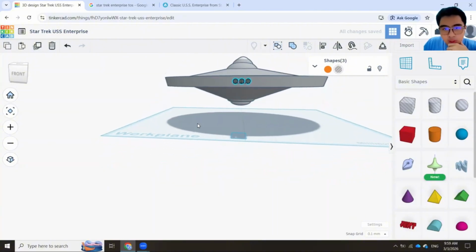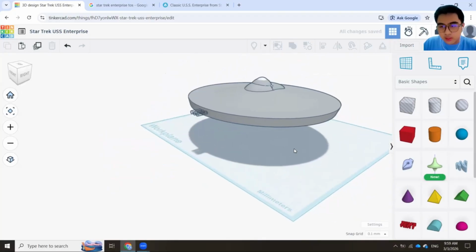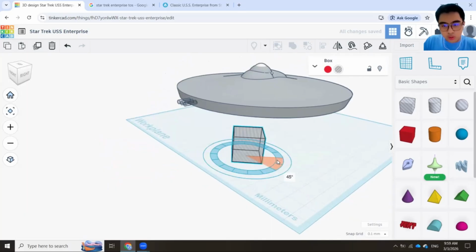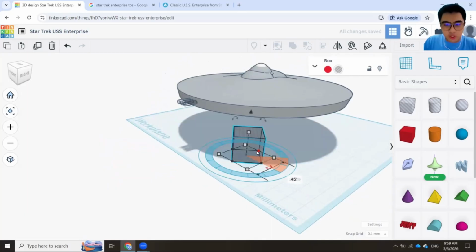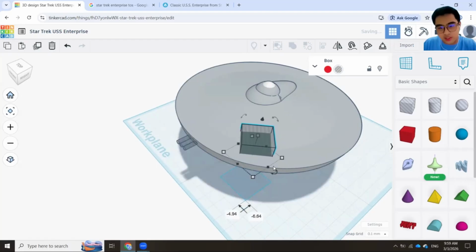Wait, let me have a nice view of it. No, I think that's about it. Okay. Now for this part, I'm going to show you guys a trick. Now in Tinkercad, it's very hard for us to make holes that are within 45 degrees because we can't even move it using the arrow buttons on the keyboard because it's going to be hard. Just imagine trying to make holes over here. It's got to be very hard.